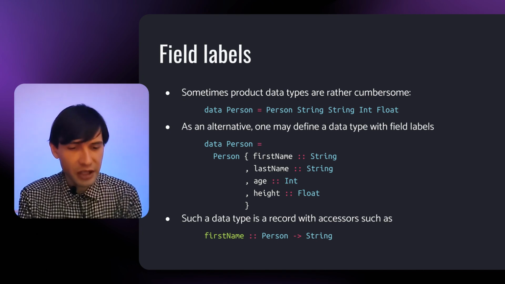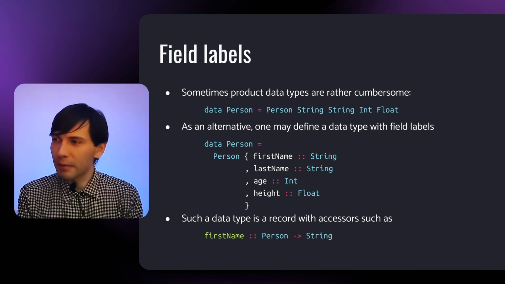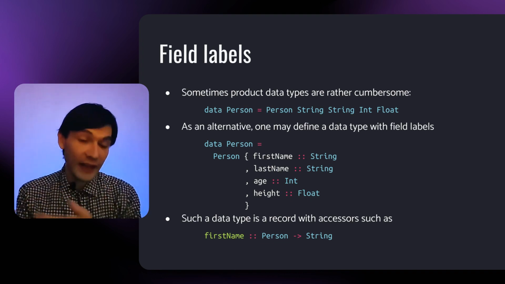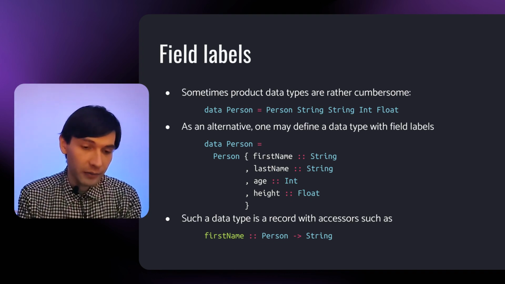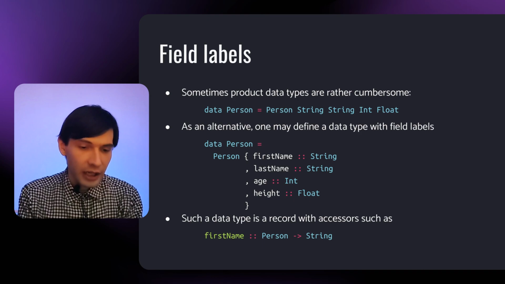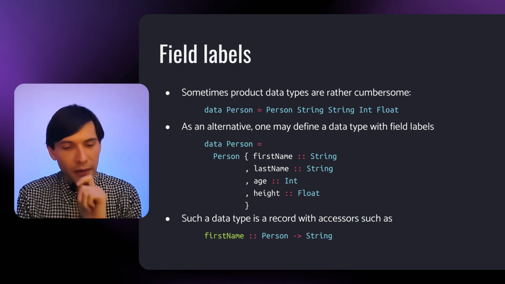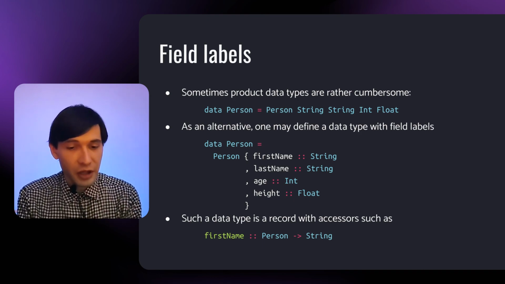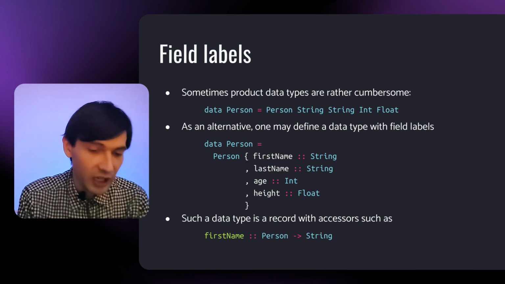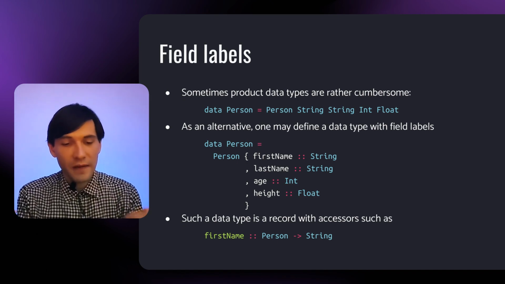And this field represents an age of a person, and the same for the last field called height, and this field stores the value from the